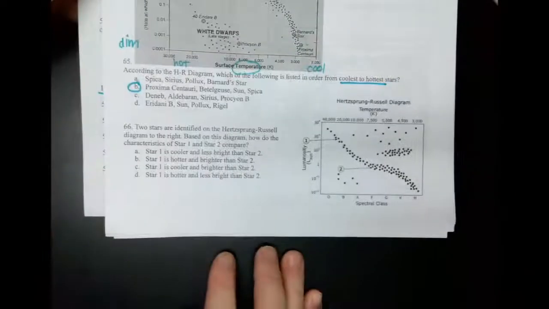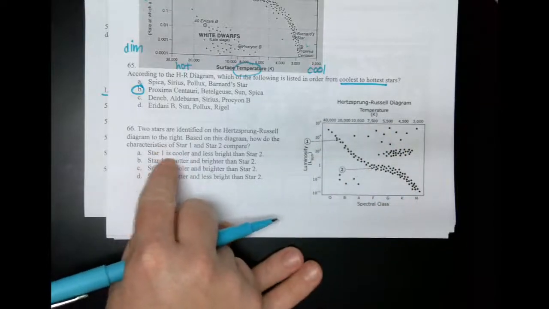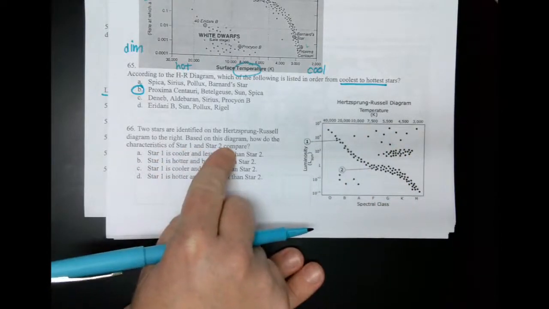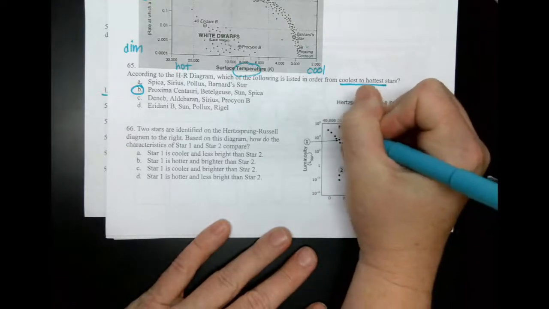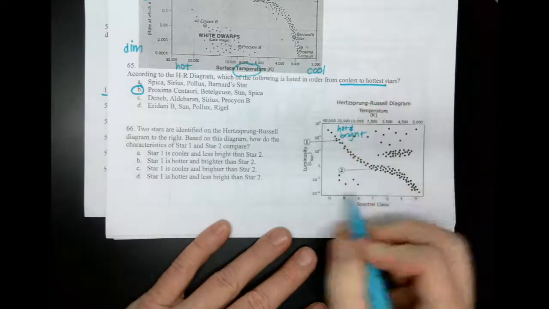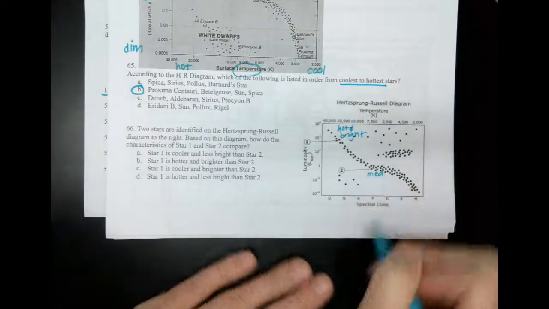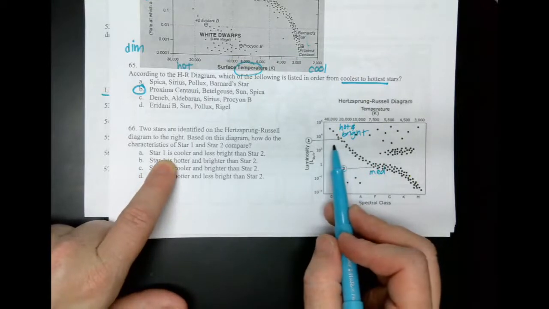We can also compare stars using an HR diagram, looking at how do we compare one star to a second star. So star 1 is up here. So it's kind of hot and bright. It's in that upper corner. Star 2 is kind of just medium in all categories. So star 1 is cooler and less bright,